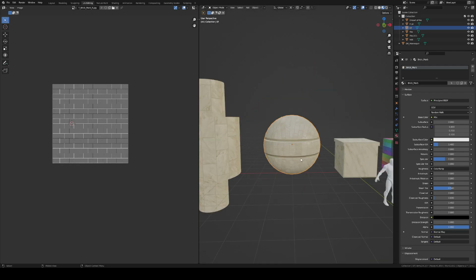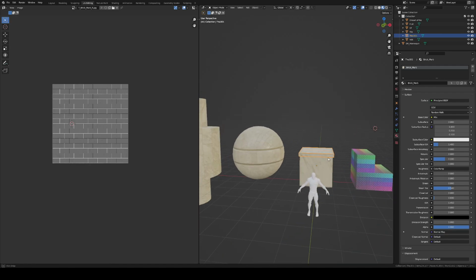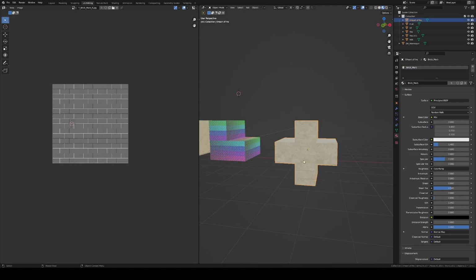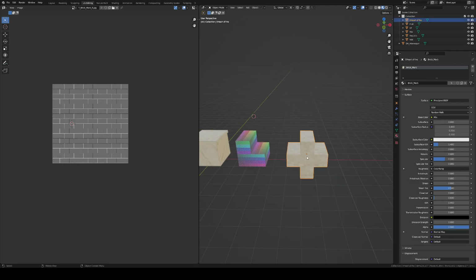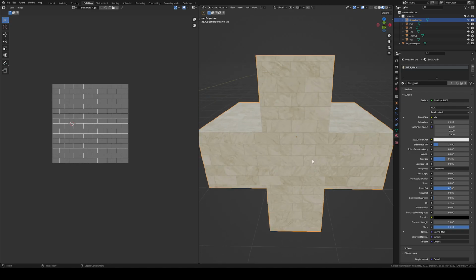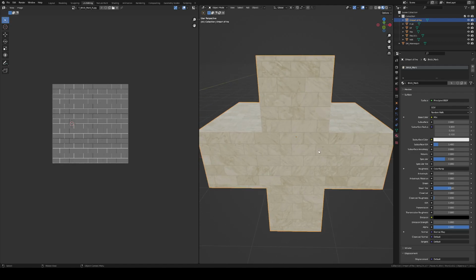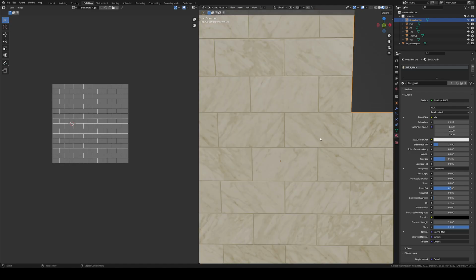Any other queries regarding UVs? I guess another thing I should probably cover off is materials, because most of the materials that you guys are going to be using will obviously be created in Unreal, but you do need a representation of whatever final material you get in Unreal for use as at least previs in Blender, so you can at least line up